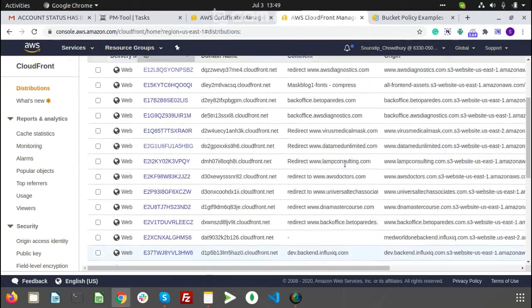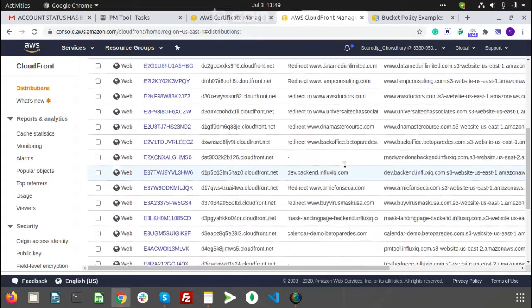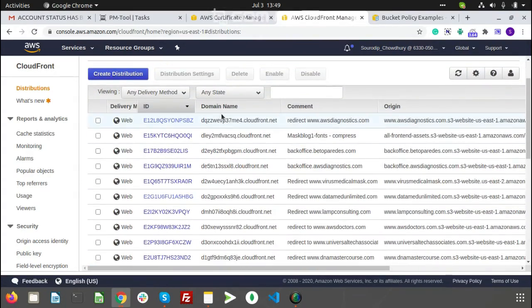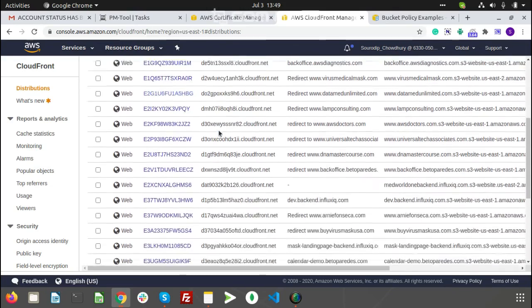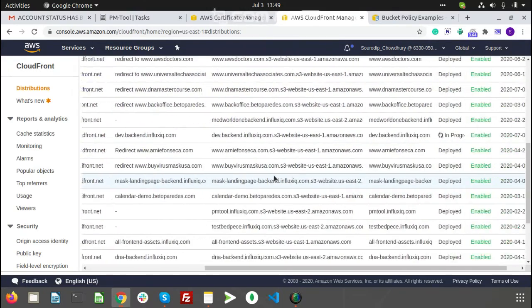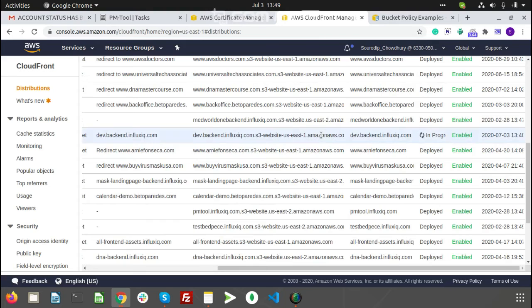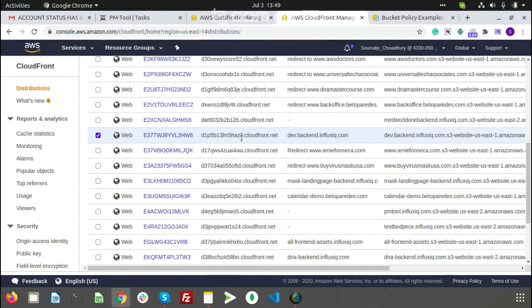Moreover, to make it route properly, we need to copy the domain name that has been given from the distribution itself. It will be a .cloudfront.net type URL, so we have to go ahead and copy this.